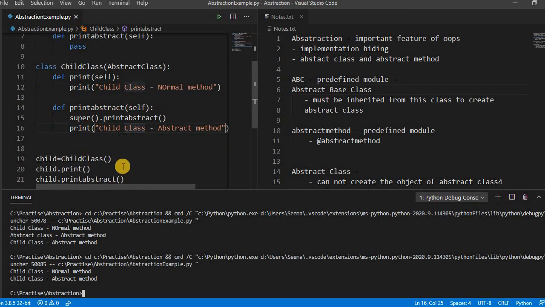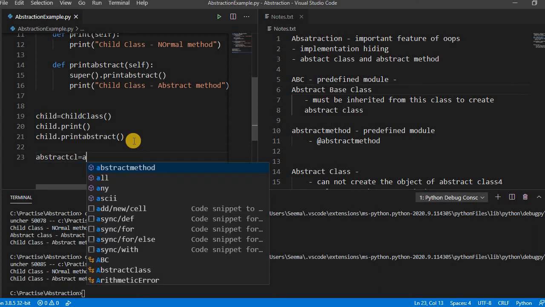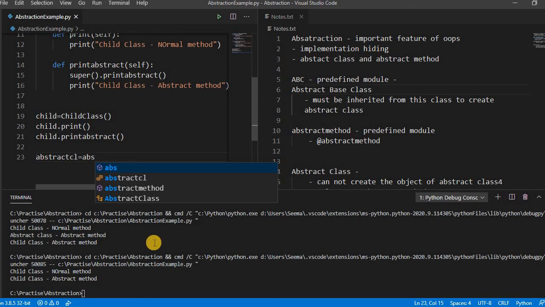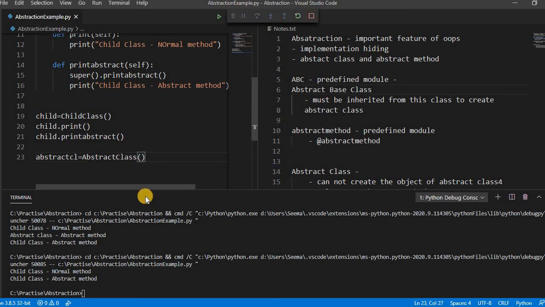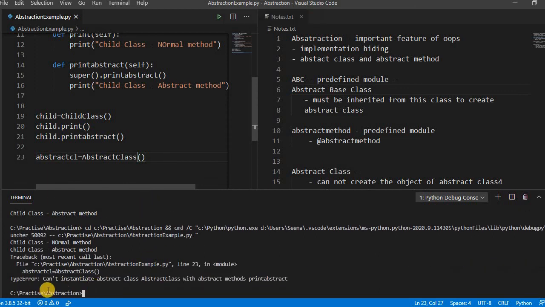Okay, now let's directly create the object of this abstract class. Let's see what the error is. Run this. See here, can't instantiate abstract class.